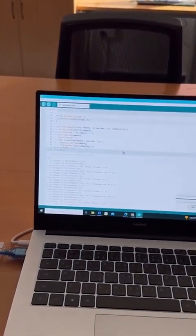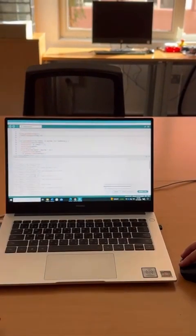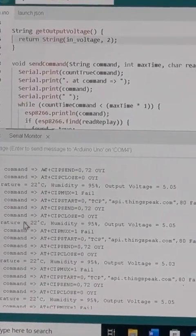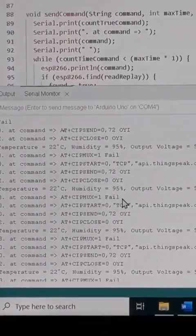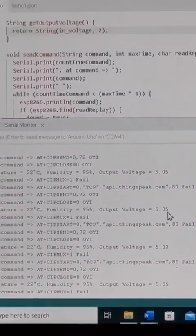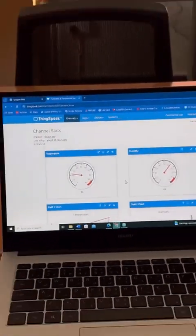So as you can see here, this is the code applied to the Arduino application. So we could get the results of the output temperature, humidity, and output voltage. As you could see here, the readings are: the temperature is 22 Celsius, the humidity is 95%, and the output voltage is 5 volt, which is the desired output voltage that we need. So the system then,